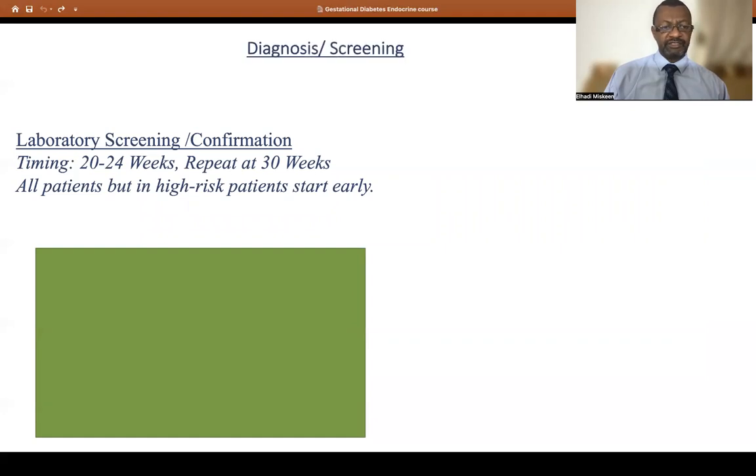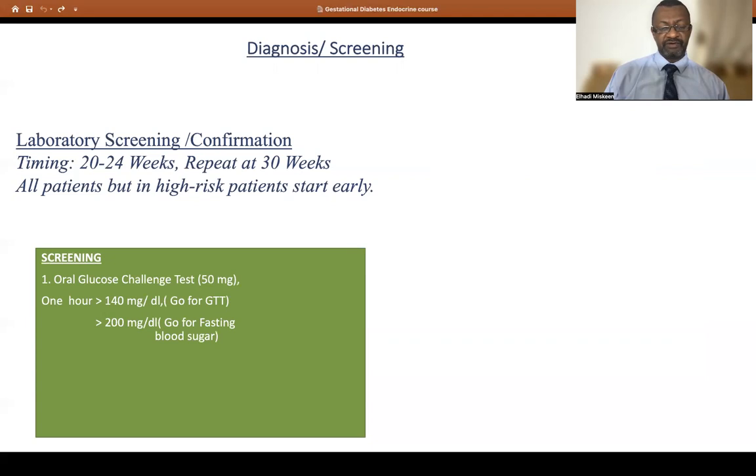Diagnostic screening of GDM is mainly laboratory screening, confirmation, and timing. Suitable time to screen for gestational diabetes is 20 to 24 weeks, repeat at 30 weeks. All patients are screened, but in high-risk patients, start early screening. Screening is mainly by oral glucose challenge test with